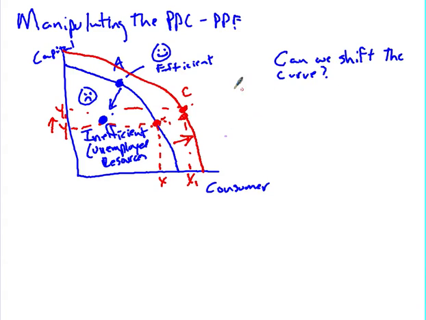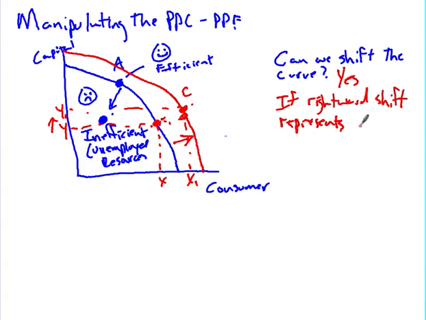All right. And so we can shift the curve. And so that would be a yes. And if it shifts out to the right, if rightward shift, we would say that this rightward shift represents growth in whatever industry that is. And so we would say that if we're producing more capital and more consumer goods, then this would represent growth in